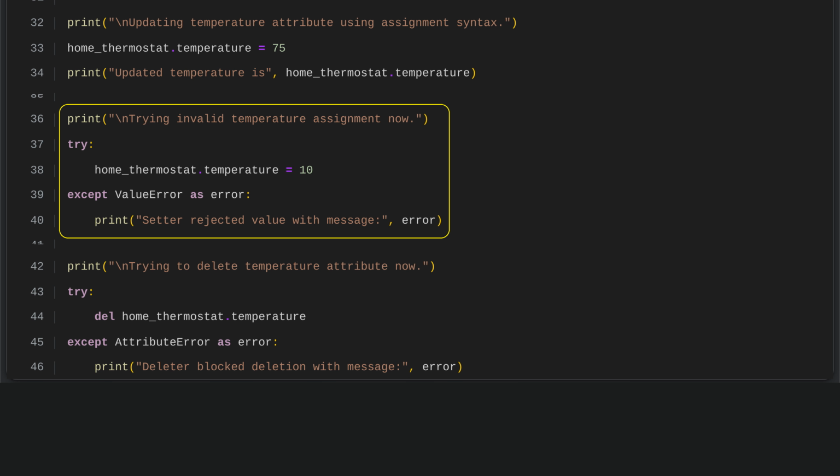The example shows what happens when we try to set the thermostat to an invalid temperature. When the code attempts to set the temperature to 10 degrees, the setter method checks the value against the allowed range. Because 10 is below the minimum, the setter raises a value error. The program then catches this exception and prints a message explaining that the value was rejected, along with the error